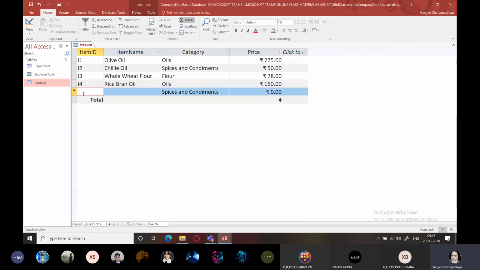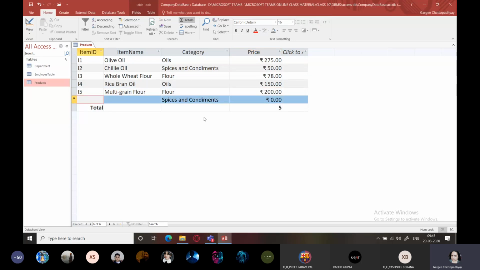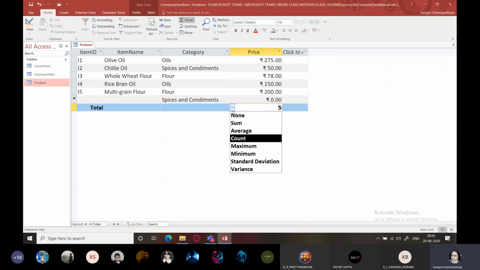If I type a new record over here, and let me take something as multigrain. I'll take it under the category flour and let me take it as 200 rupees. Now the count automatically changes to 5.